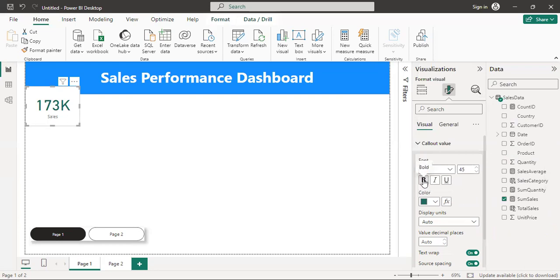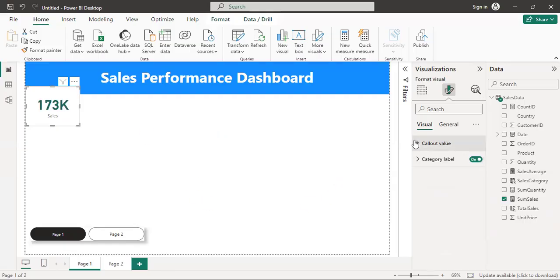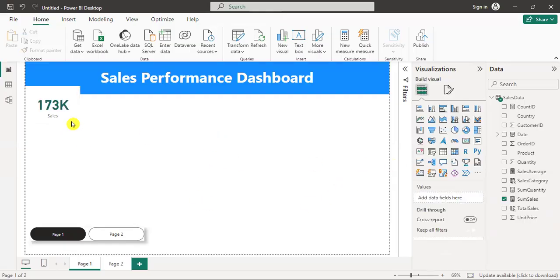So if you want it bold, you make it bold. You can see now, it's bold. If you want it italicized, fine. If you want it underlined, fine. If you want to reduce the font size, go ahead and reduce it. But of all of these, as you're doing all of this, I actually like a dashboard well designed, because it's one way to make